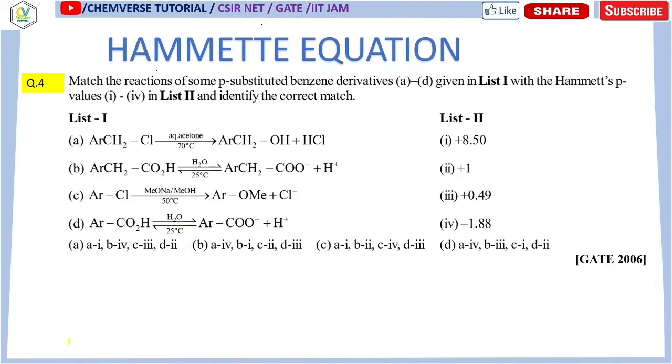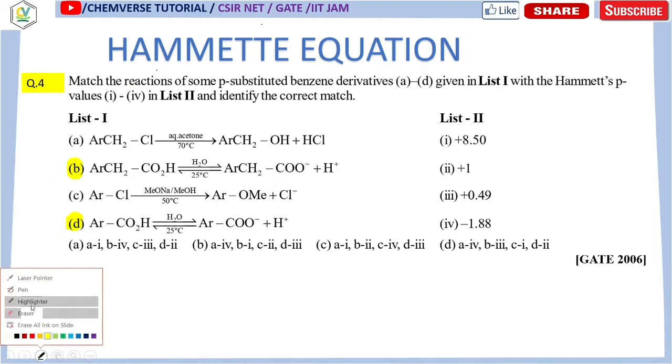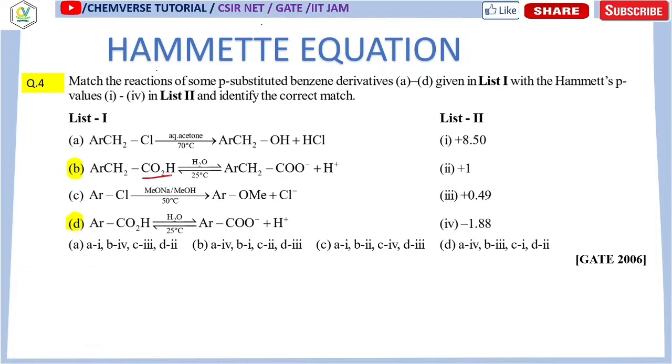In this case, just by eliminating the options, you can easily conclude. Now just focus on these two options, I mean these two, entry number B and entry number D. So in entry number B and D, in both the cases, you can see it is an ionization of the corresponding carboxylic acid, and over here the negative charge is generating. So in both the cases, rho value will be positive, because the negative charge is generating, and electron density is increasing during the course of the reaction.